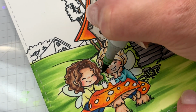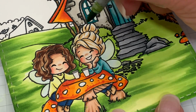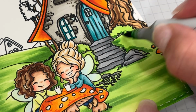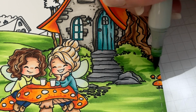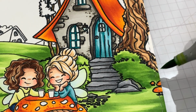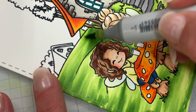All right, now that the formalities are out of the way, and we all know what's going on, back to the coloring. Just finishing up, getting some shading down here by their little faces, trying not to get it in their hair. And for the little cottage in the back, I use the exact same color as the cottage in the front. Just dragging that color and trying to blend it. I do have to do a little bit of marker maintenance here because my greens get used quite a bit,